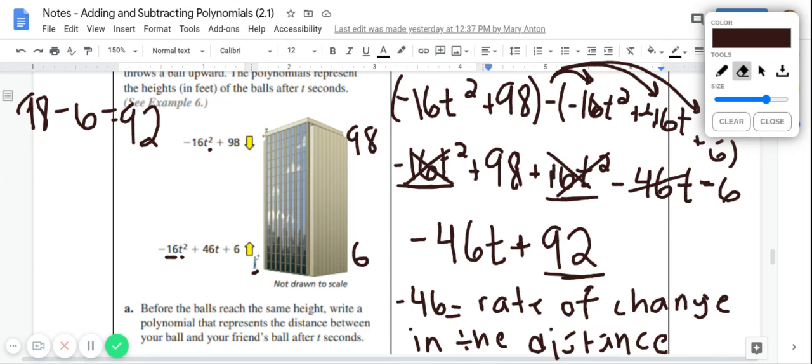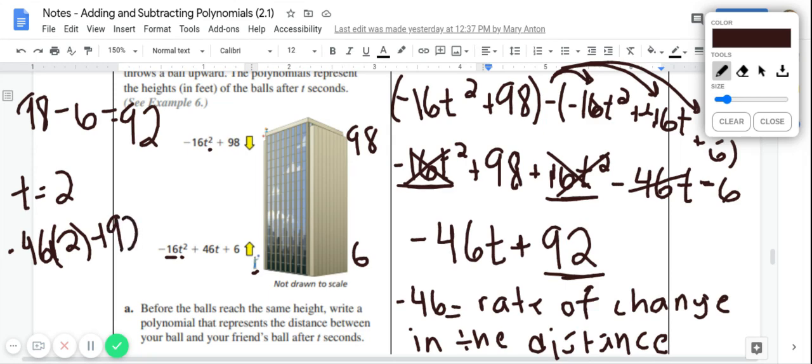So, for example, you might say, okay, well, when do these balls actually hit each other? Well, experiment. What if t equals 2? When t equals 2, that means 2 seconds. What's negative 46 times 2, plus 92? 46 times 2 is 92, y'all. So this is